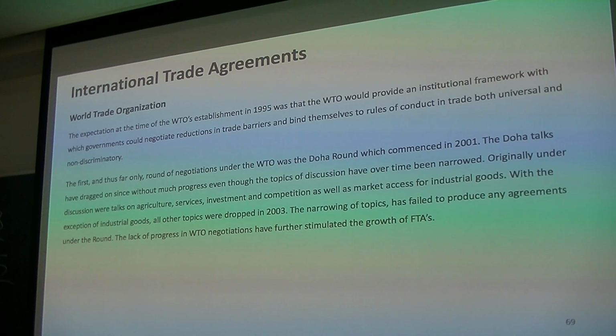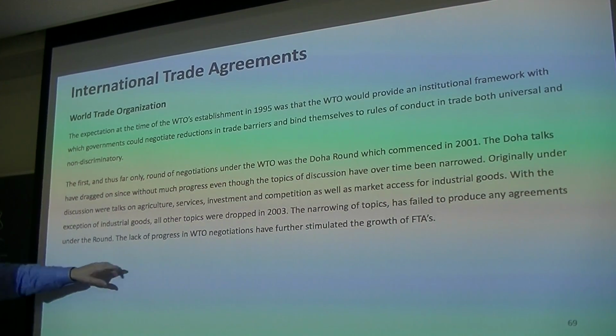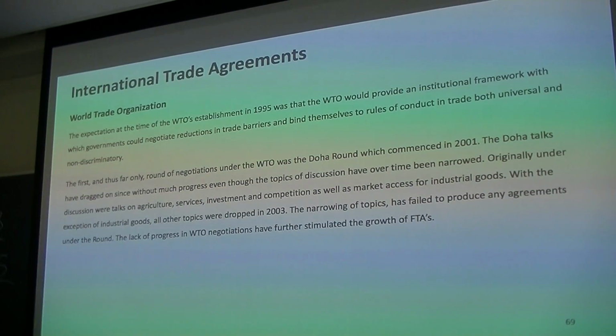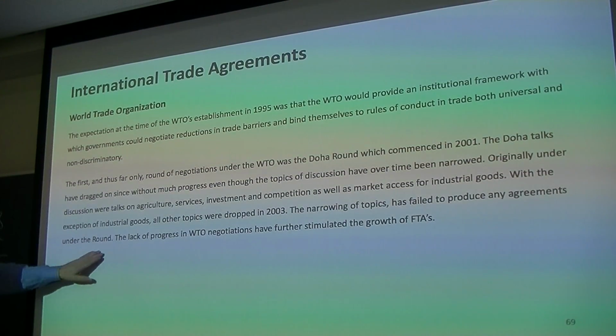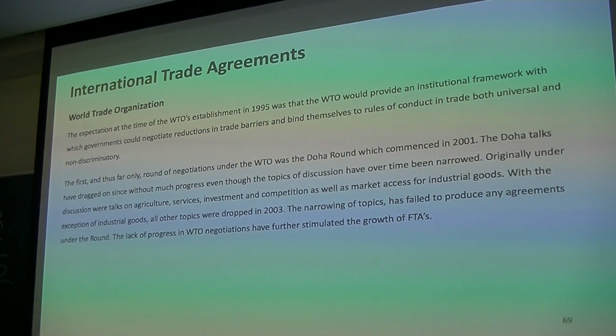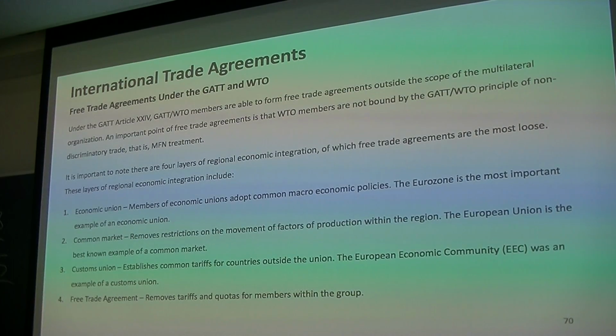So they established these rules, put these countries together, and then said, okay, now we're too big to work together to expand the trade within the WTO. Because the WTO is too big, it stimulated the growth of free trade agreements. And that's what we've seen in the past 20 years, a real emergence of